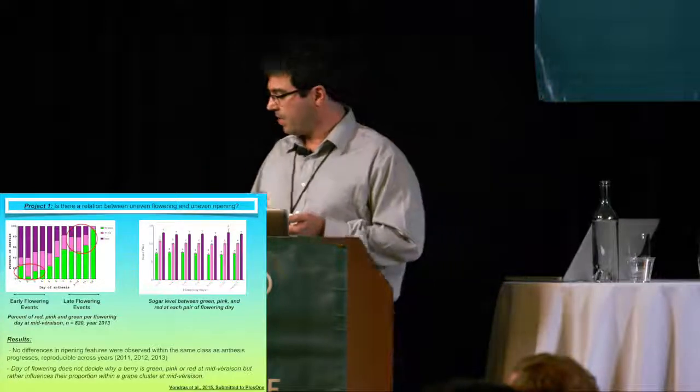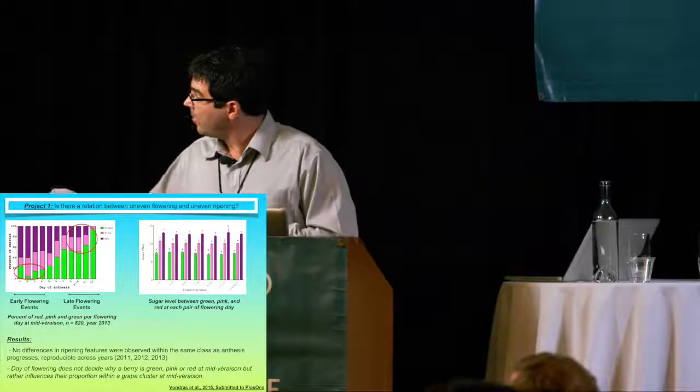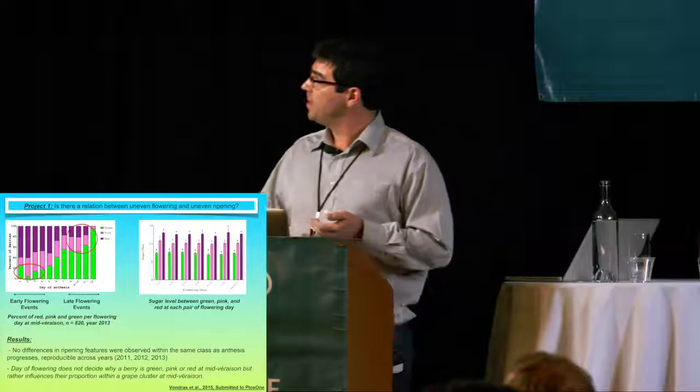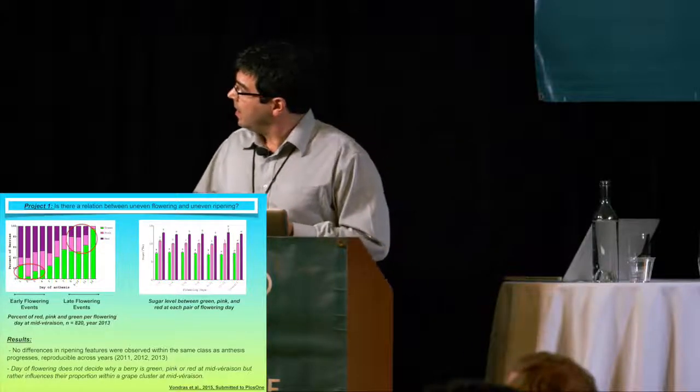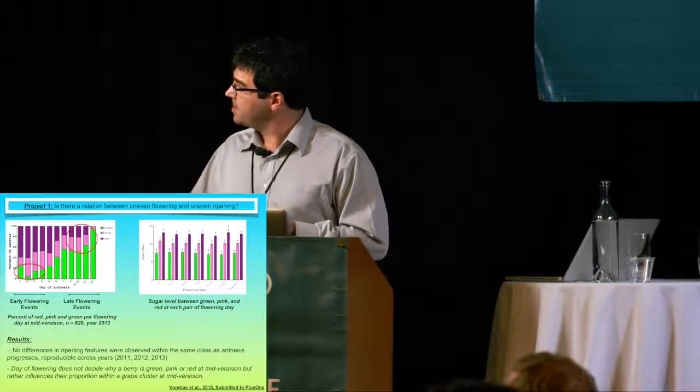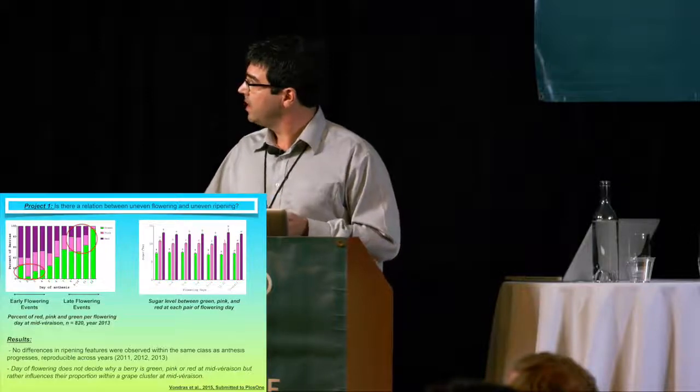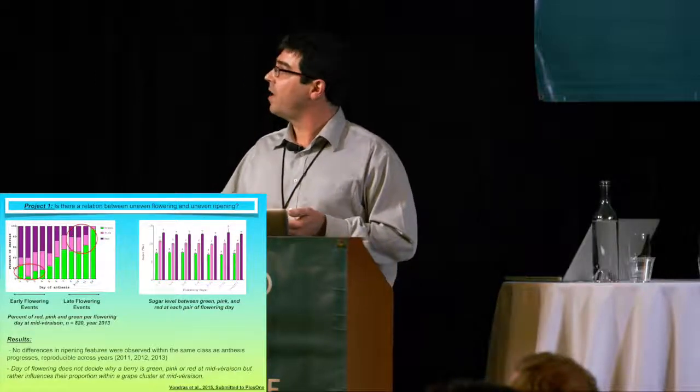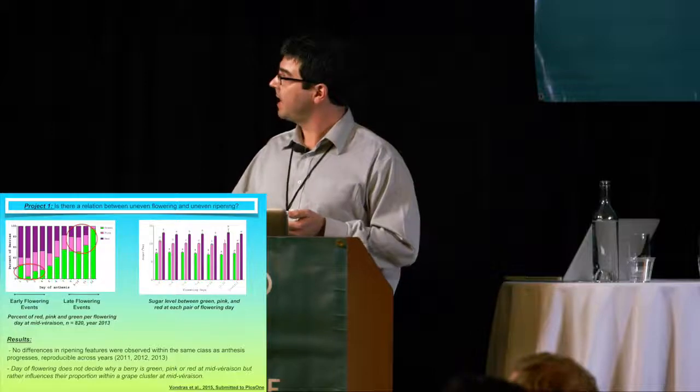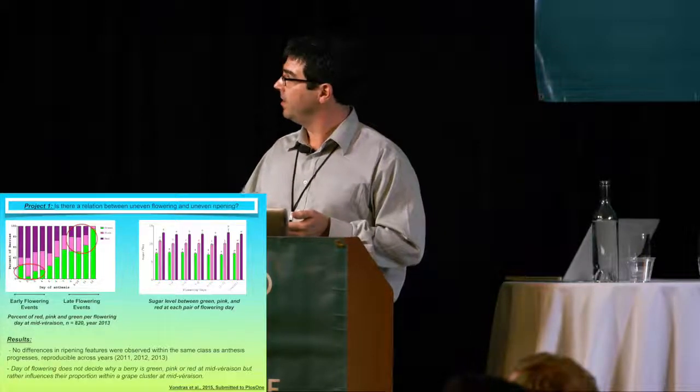And when we look at other parameters, when you look at the sugar, for example, you can see that in each of these different berry classes, the sugar level seems not to be affected by the flowering time. You have exactly the same level of sugar within each class. So we did different measurements, and we came up with this ratio here, to see if seed could contribute to these patterns.